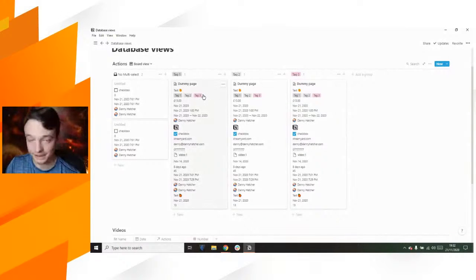So with the multi-select, you can see this page is actually, it's not duplicated. You can just see it multiple times because it's a multi-select, which for me, when I first saw this, learning